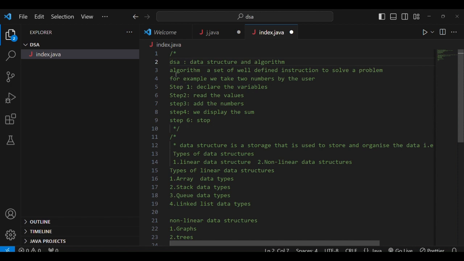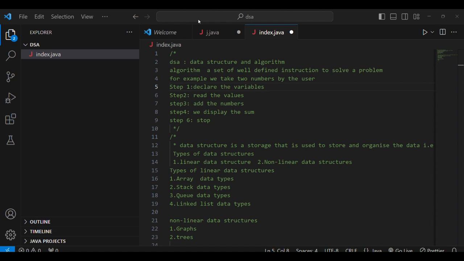For example, step 1: declare the variable in Java below the boilerplate. Step 2: read the values, allotting a value to the variables.